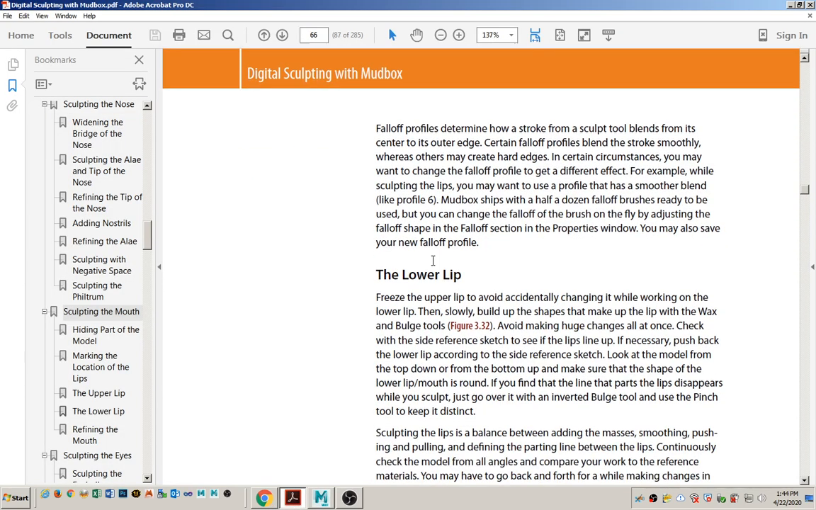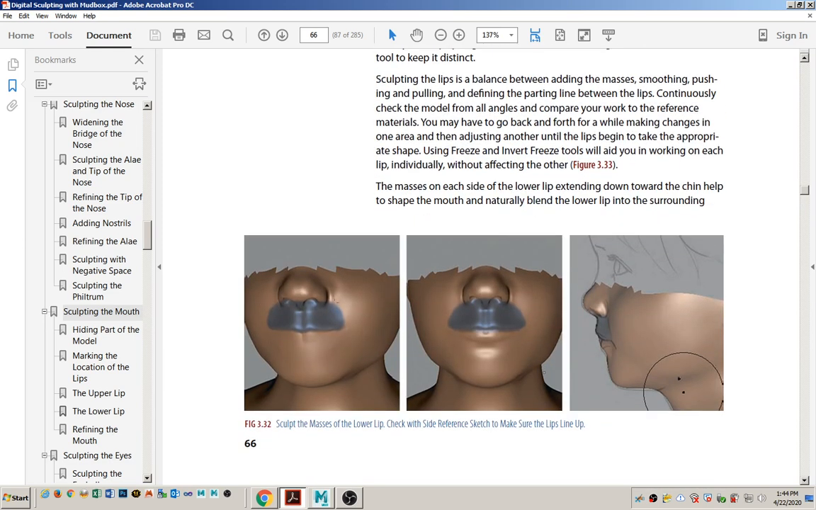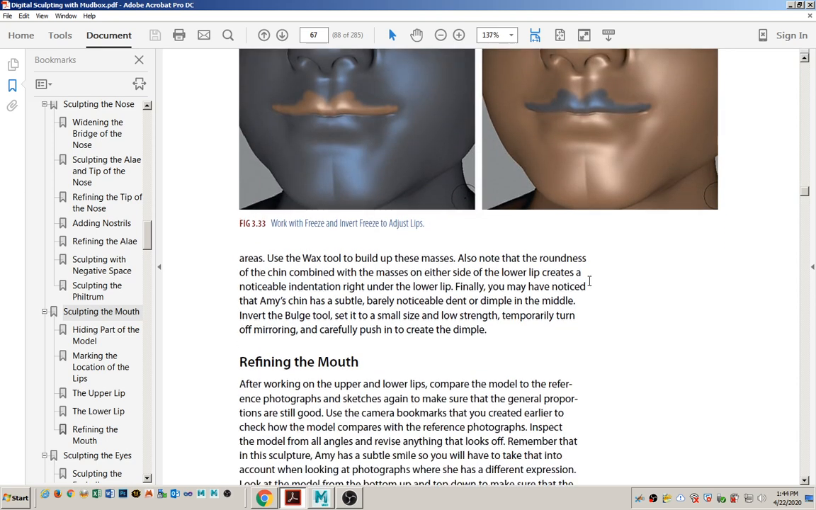Okay, he mentions for the lower lip that you can give her a mustache here using the freeze tool. So that way you don't accidentally undo any of the work that you did up here when you're sculpting in the mass for the lower lip. I find that if you're just careful when you sculpt, you don't really need to do this. But all right, so down here, this is the triangular mass that I showed you earlier on the model. And then he pushed in here to create this dent. And then also,